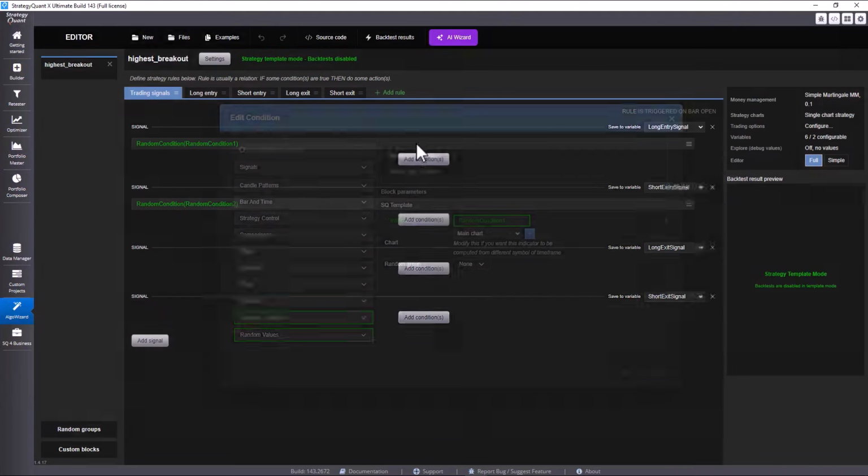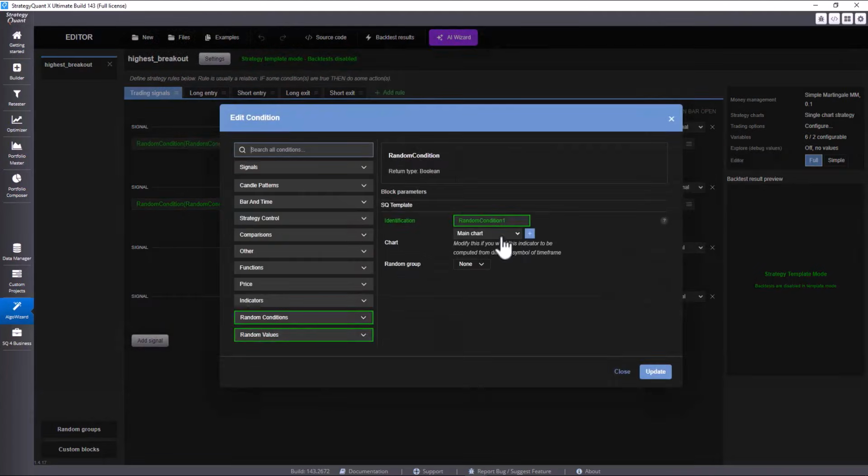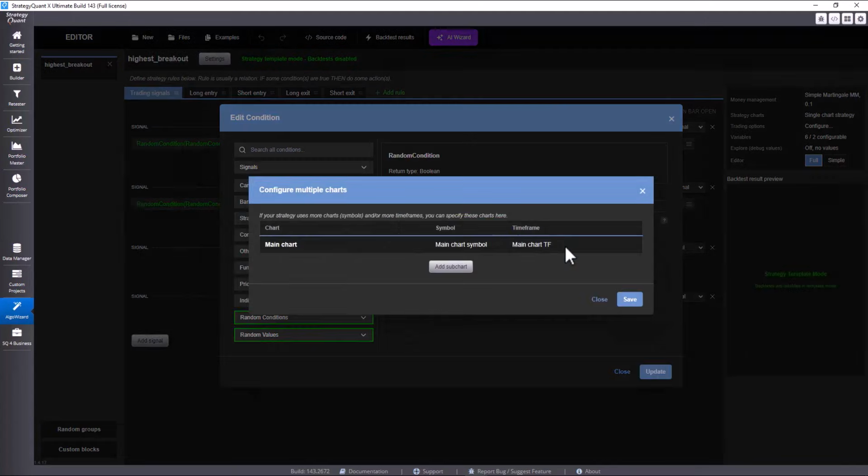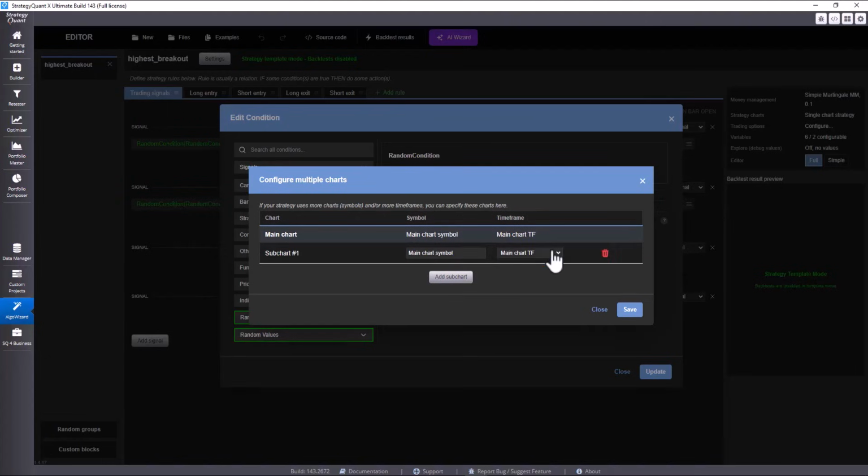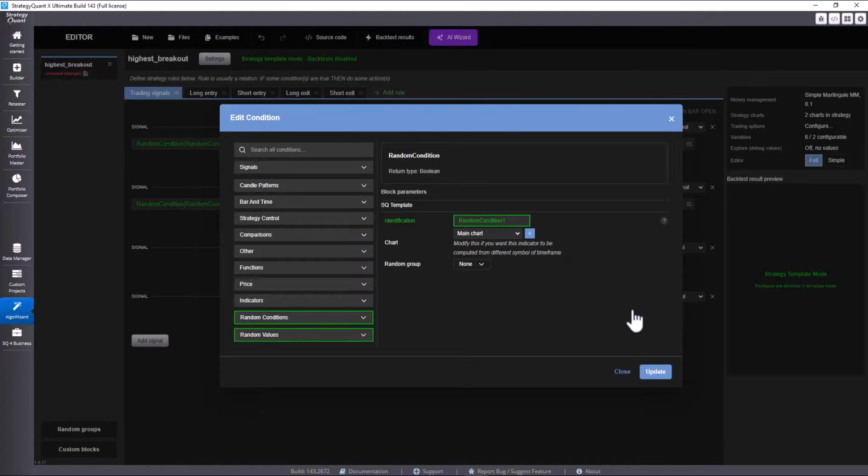However, when I click on this condition, I see that main chart is currently used. Now I want to add another main time frame and filter the trend according to the daily time frame. So I click on Add Subchart, selecting Daily, and then Subchart,